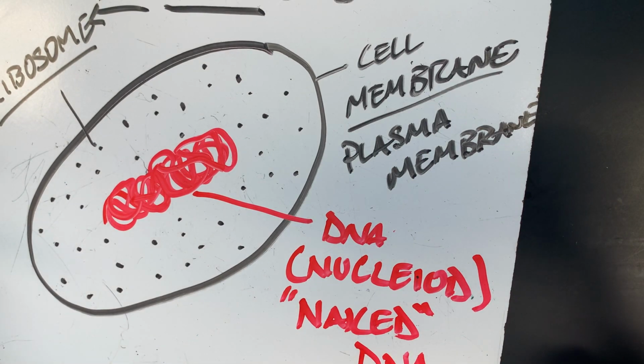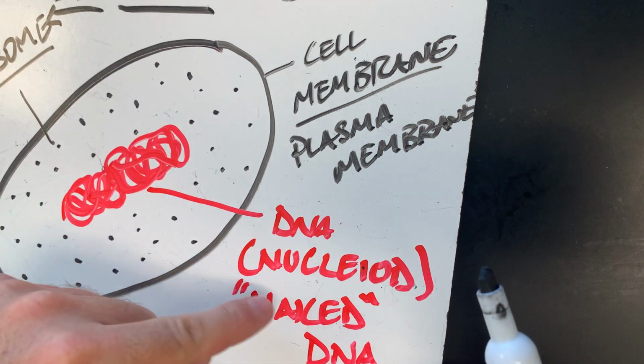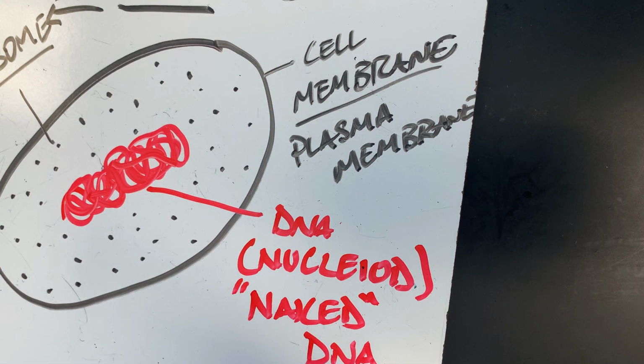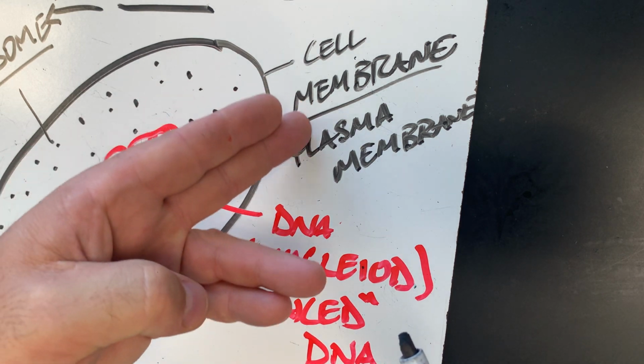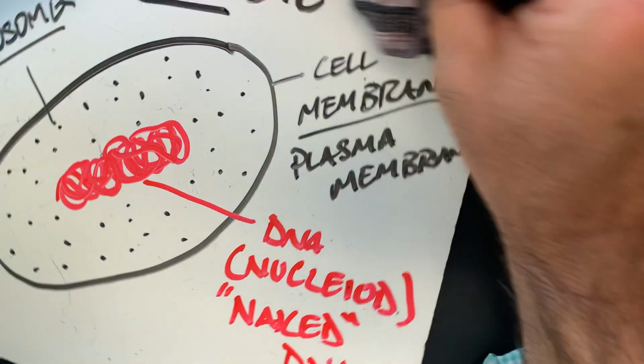And that's really basically it. You've got these three simple things that prokaryotes have in common with eukaryotes: a DNA, a cell membrane, and ribosomes. That's the big basic similarities between these two. One other thing that I think is kind of cool is to also draw these to scale.